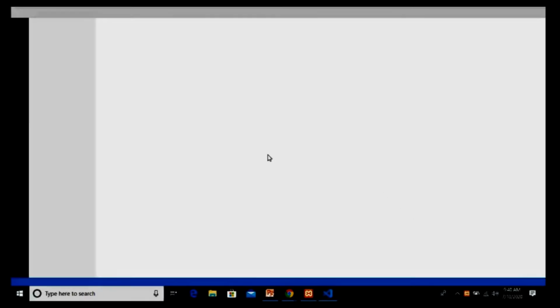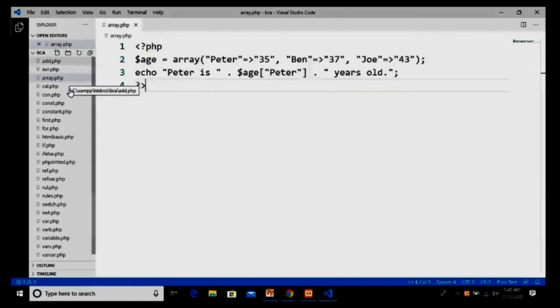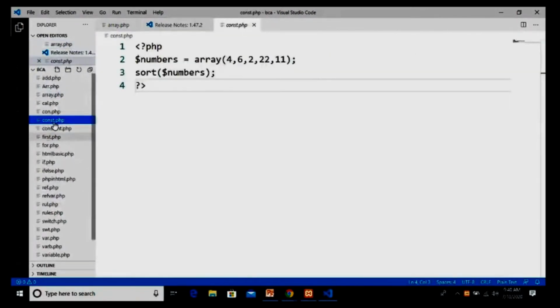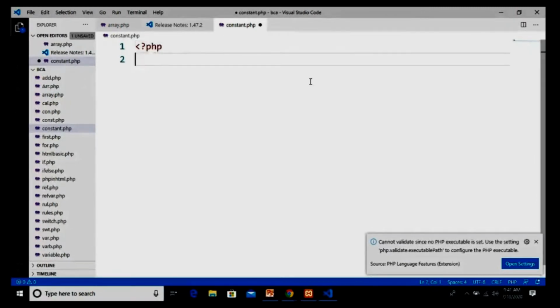Okay, first we will learn how to declare constants in PHP. We can declare a constant as a string, as a number, and also as an array. So let's see one by one how to declare constants. Okay, I take one file, for example, constant. Constant is my file. I start with PHP. I will just print one line, that is